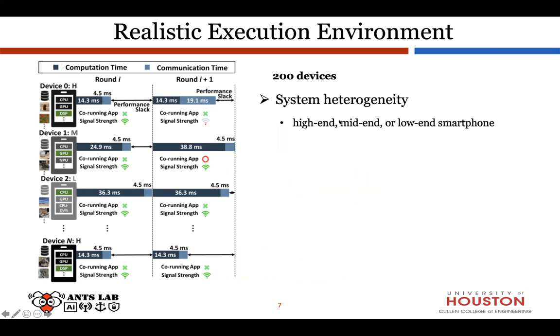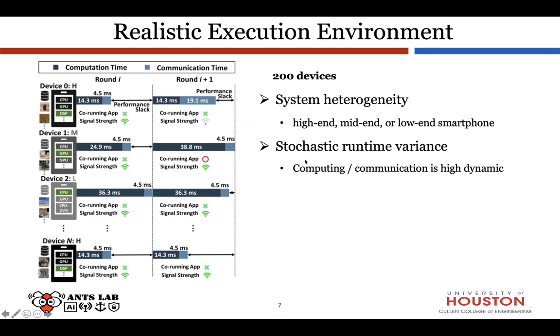First of all, they simulate the system heterogeneity, where they have three types of devices: the high-end device, the mid-end device, and the low-end device. High-end devices occupy a powerful CPU or GPU, and mid-end devices maybe occupy a common CPU or GPU. Therefore, the training time performance varies amongst the devices.